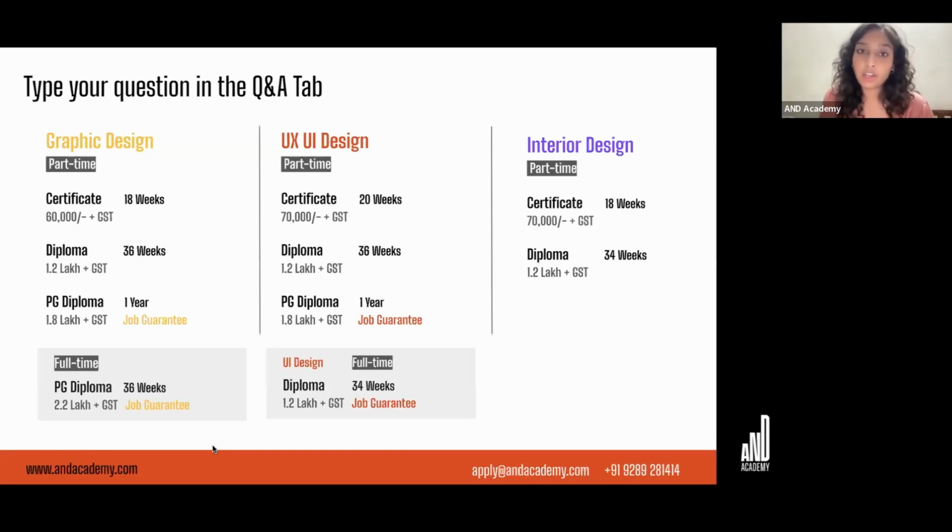Blessila is asking, what is the recognition of interior design diploma from ANDAcademy? Prachi ma'am, do you want to take that one? So I actually don't understand the question in terms of recognition. I'm guessing that Blessila may not be from India. So who recognizes what? You have to tell me that. But I think the design courses are about building competencies, right? So if you're asking us, like in India,